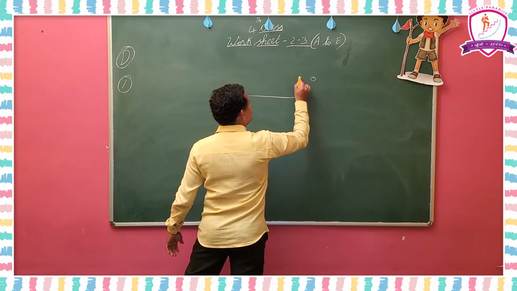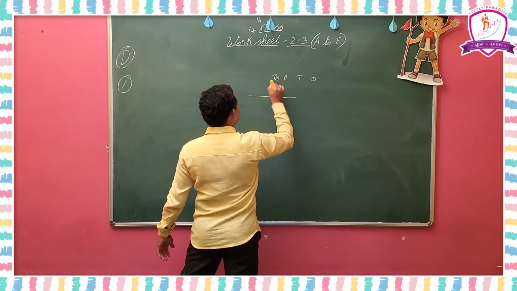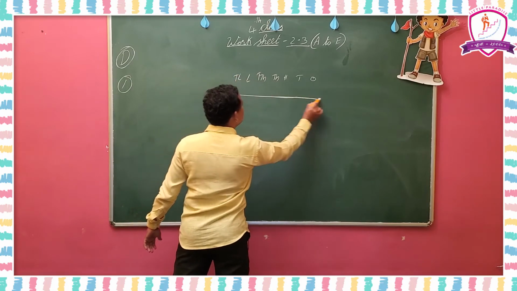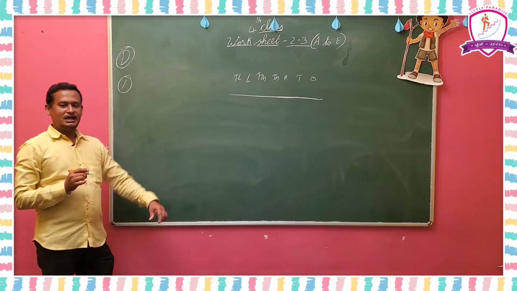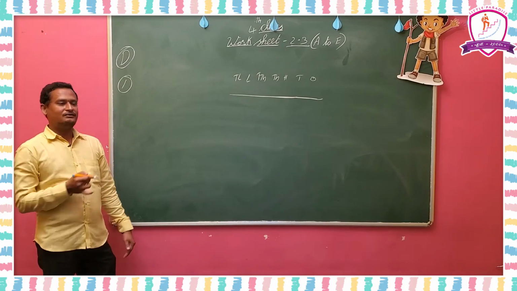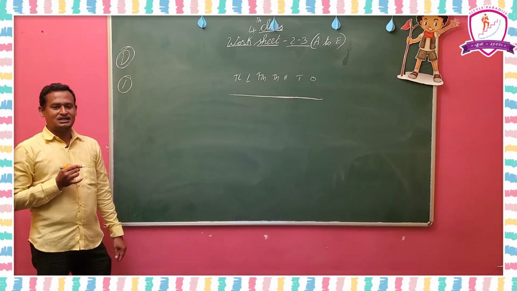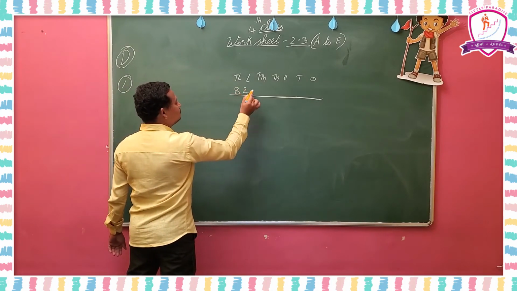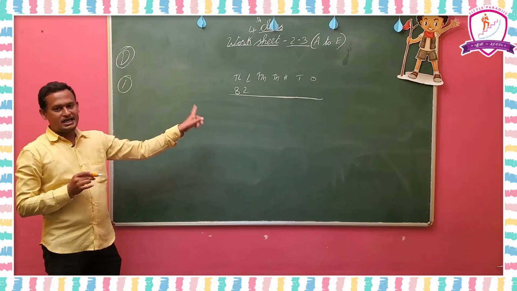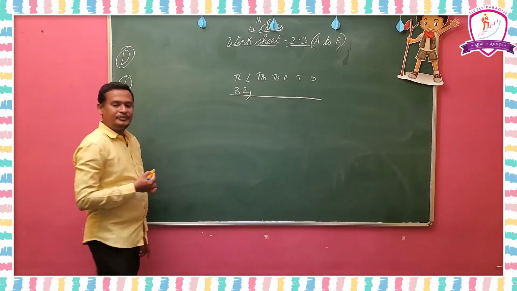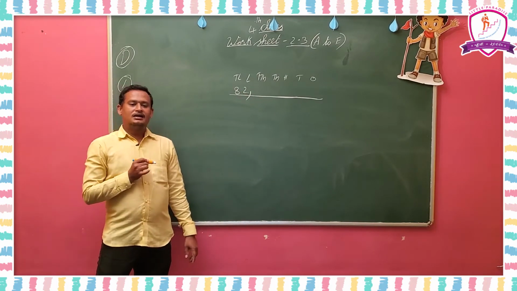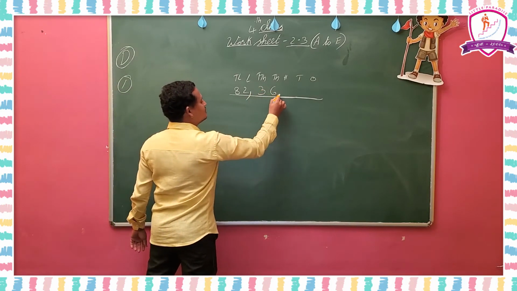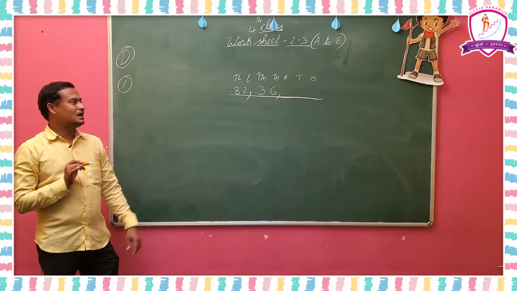So, 82 lakhs, up to 80 lakhs means 10 lakhs, up to the 10 lakhs place you have to write here first: ones, tens, hundreds, thousands, 10,000s, lakhs, 10 lakhs. Up to 10 lakhs you have to write the places, then read the number again and fill the numbers in those particular places. So 82 lakhs means 82. You fill 82 in the lakhs period, and after the comma, in the thousands period, 36,000. So you write 36 in the thousands period.